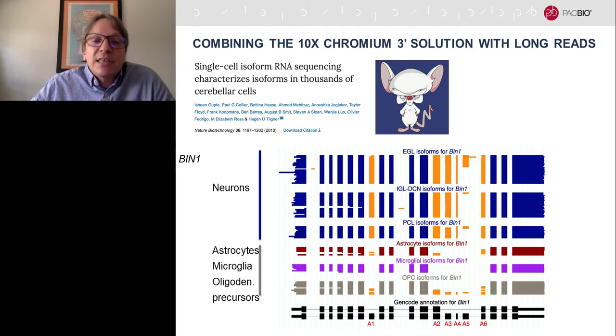And so you can see that these individual tracks are showing the reads that are generated from individual cell types. So these are neurons in the top rows, and then astrocytes, glia, and oligodendrocyte precursors on the lower half. And if you look at those orange exons on the right, you can see that they're often included in the neural transcripts. But when you go down into the astrocytes, glia, and oligodendrocyte precursors, you see that these are not